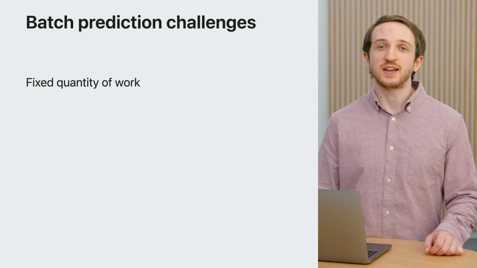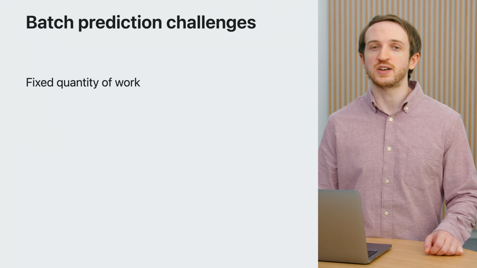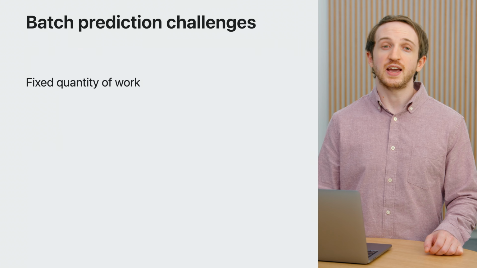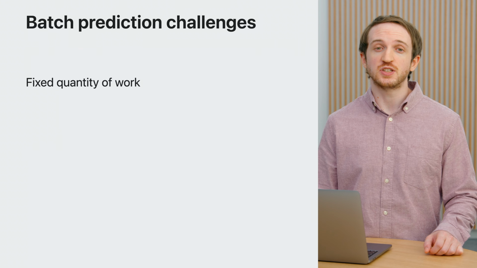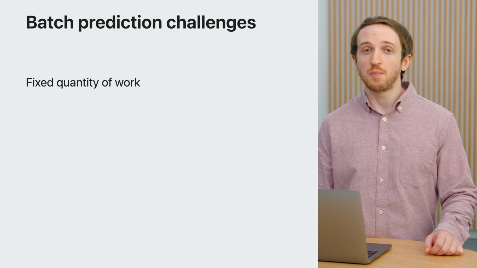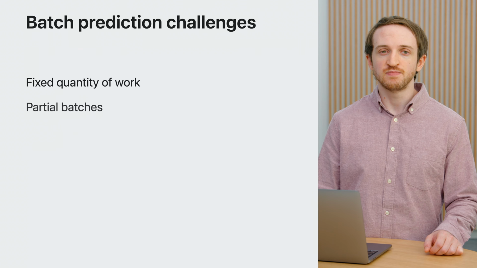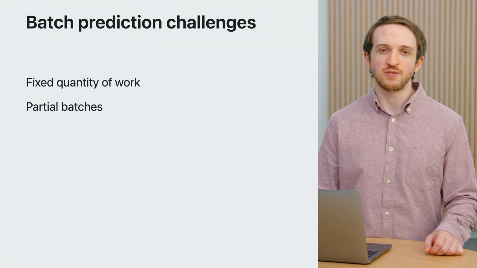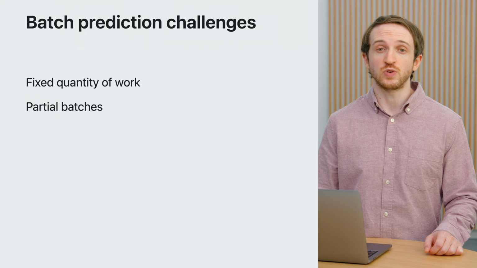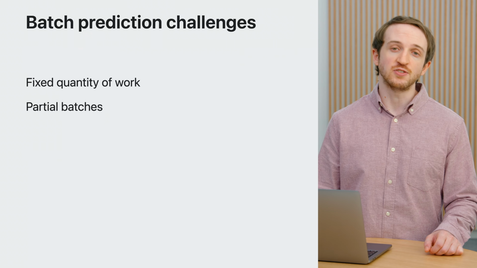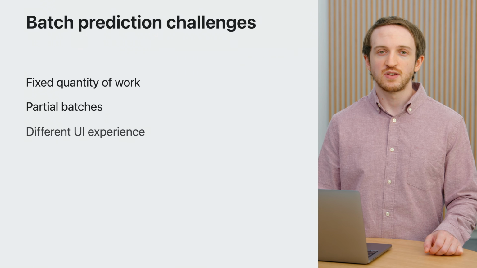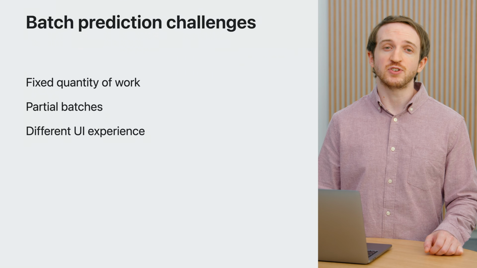The Batch API is best used when there's a known quantity of work to be done. In this case, the amount of images to be processed is not fixed, but a function of screen size and the amount of scrolling done. I can pick a batch size myself, but I'll have to handle cases where the batch size isn't met but still needs to be processed. Also, I'll have a different UI experience where images are colorized in batches.